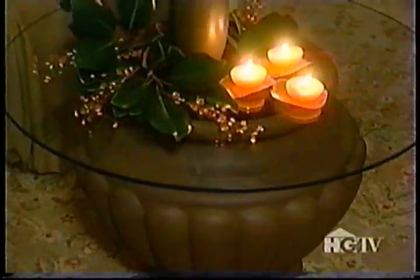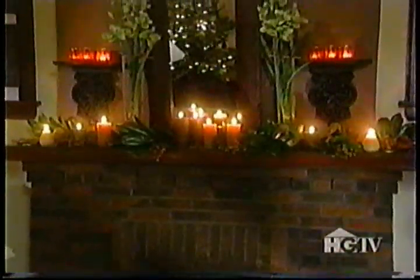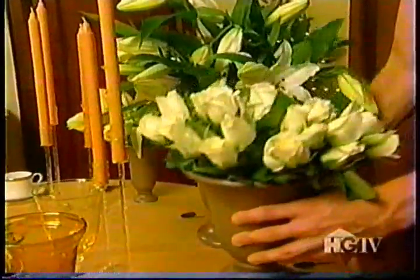We've done this type of thing before, just picking up on the urn theme that we had going on the side there, but just wanting to ground it a little bit more, so we painted it the same color as the feature color that we used on the wall there. In the dining room, we pulled out all the stops to create a romantic holiday setting